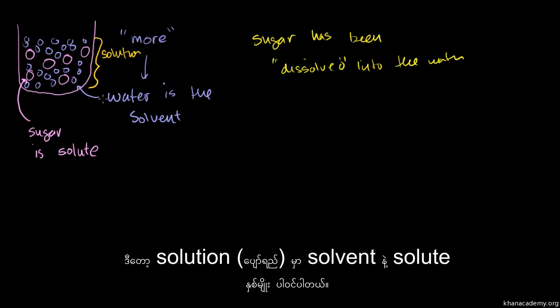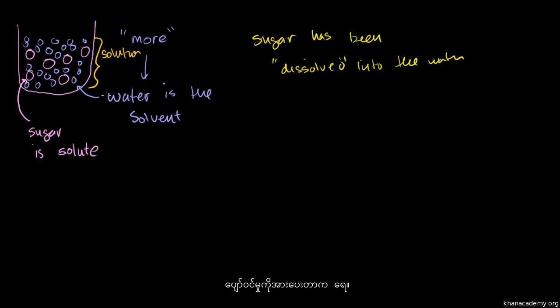And a solution has a solvent and a solute. The solvent is water. That's the thing doing the dissolving. And the thing that is dissolved is the sugar. That's the solute. Now, all of this may or may not be review for you, but I'm doing it for a reason, because I want to talk about